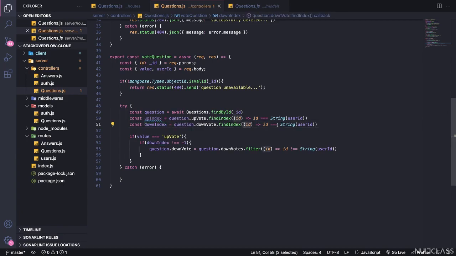If the ID exists in the downvote array, meaning the user ID is already present in this downvote array, then the down index might contain any index value of this downvote array. So if it doesn't equal -1, it means